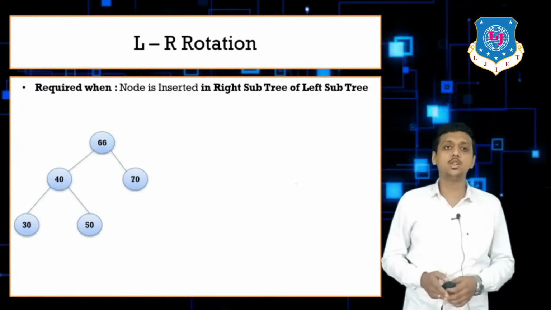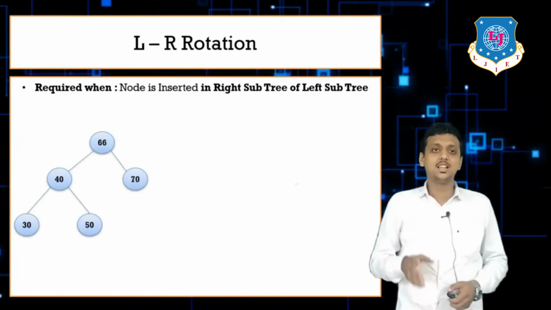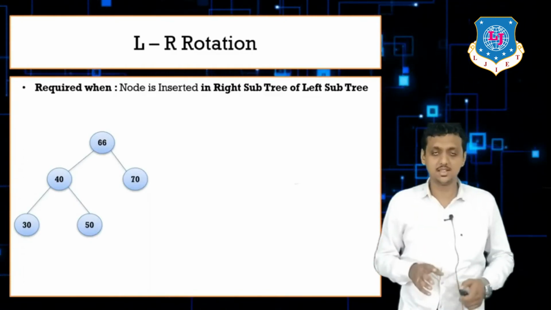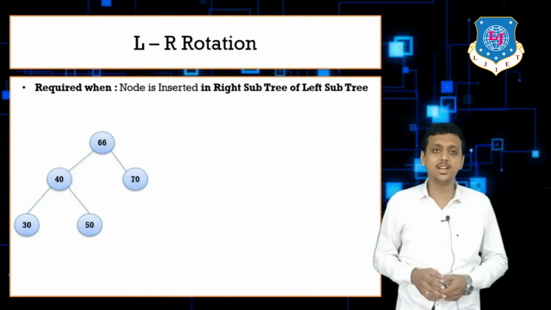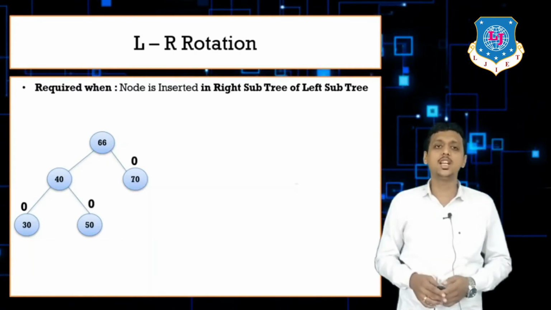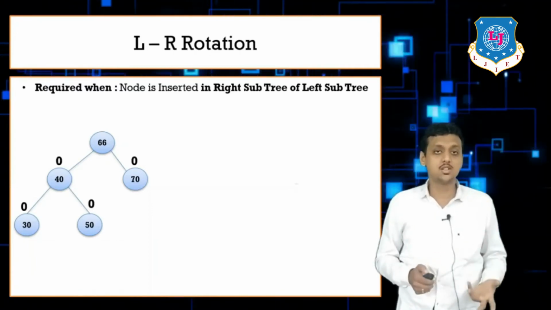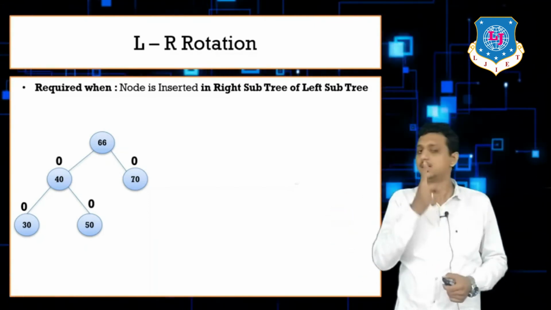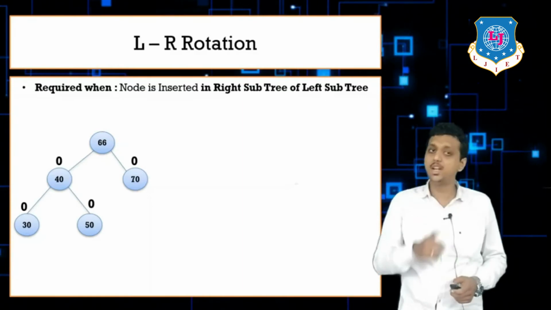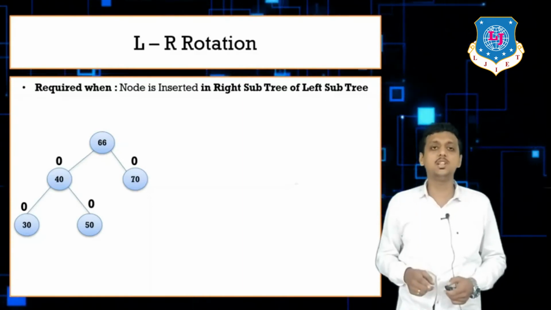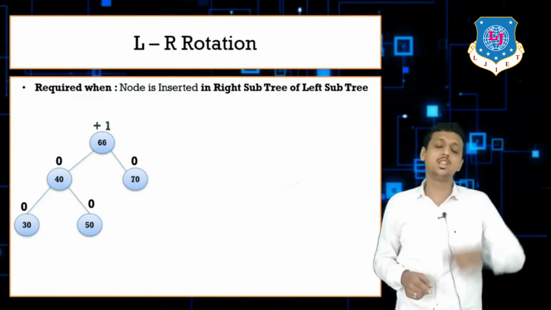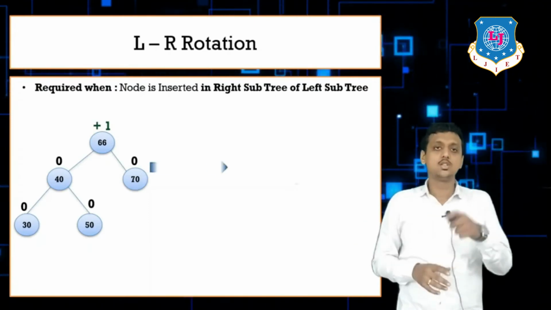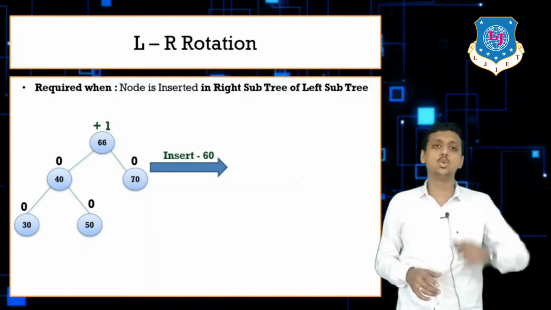So here we have our own tree, that is 66, then 40, then 30, then 50 and 70 with us. So first check the balancing factors. All leaf nodes contain 0, 40 is also 0, 66. Left side of 66 we have 2 height, right side of 66, students, we have 1 height. So it becomes 2 minus 1, that is plus 1. Now we just need to apply the insertion operation. So if I want to insert node 60,